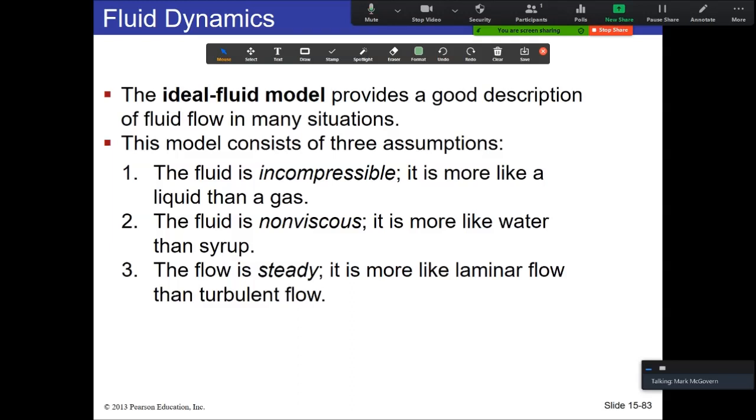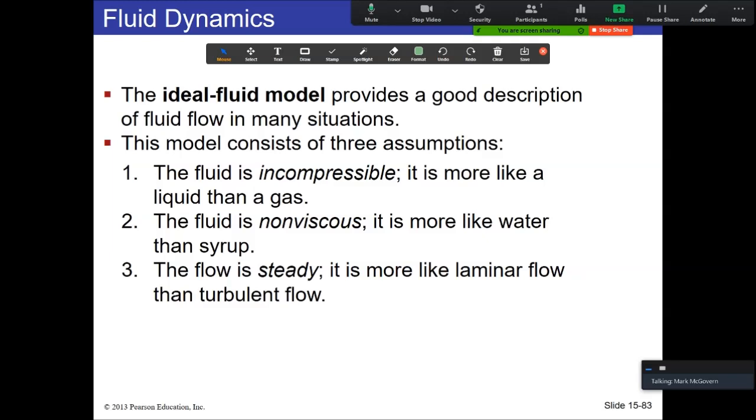Okay. And some of those things are the fact that our fluid is going to be incompressible, non-viscous, and steady. And what do these things ultimately mean here? Non-compressible means, now, just to give you a heads up here, everything we're going to talk about in this section is energy arguments. So I'm going to just start off by telling you we're doing energy arguments, okay? Energy arguments are going to want certain conditions. The fact that the fluid is incompressible, so it's going to behave more like the liquid than the gas we've been dealing with, is